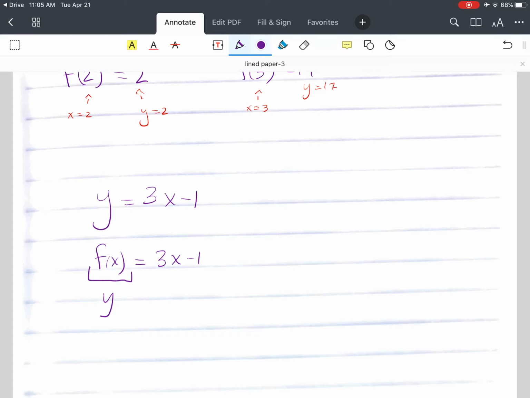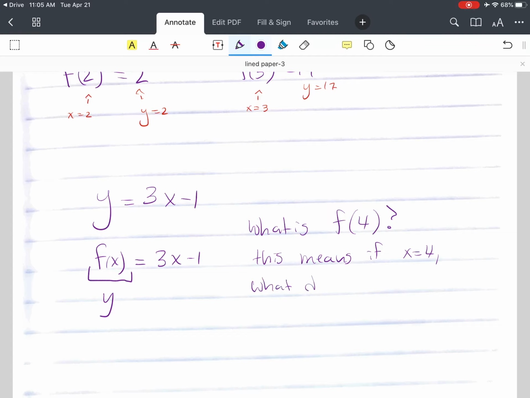So I'll give you an example. Suppose we have f of x equals 3x minus 1, or y equals 3x minus 1. What is f of 4? Remember, this is not f times 4, okay? It's the y value when x is equal to 4. So this means, I'll write this out. This means